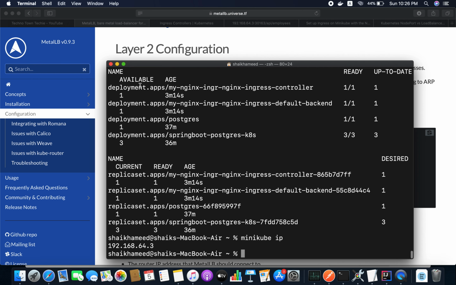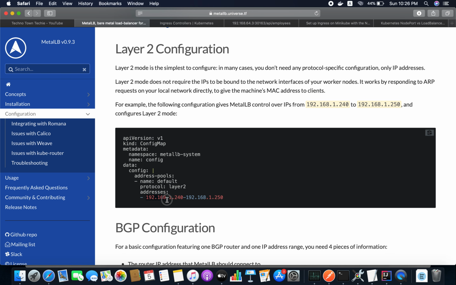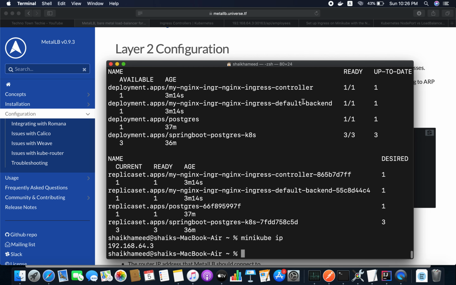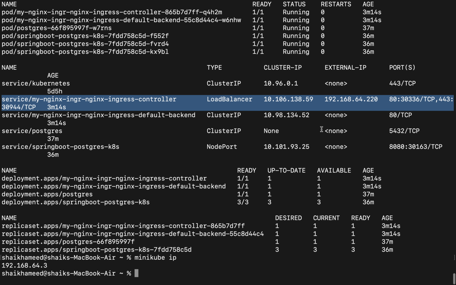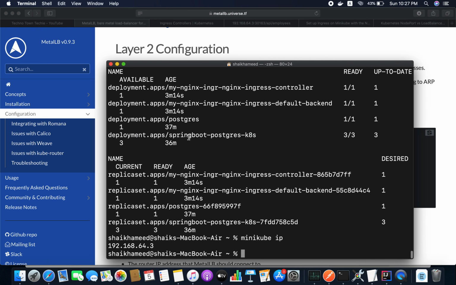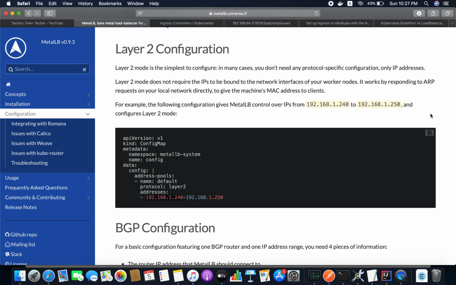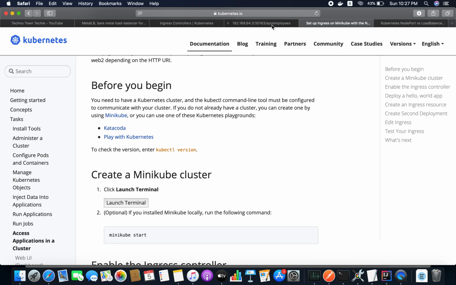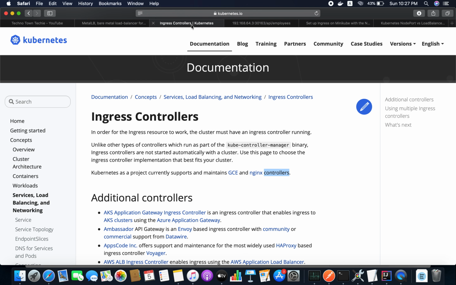In this config map I defined the range from 220 to 250, that is the reason it is showing 220. So MetalLB and NGINX ingress controllers are ready now, and we are ready to set up our service with this ingress controller.